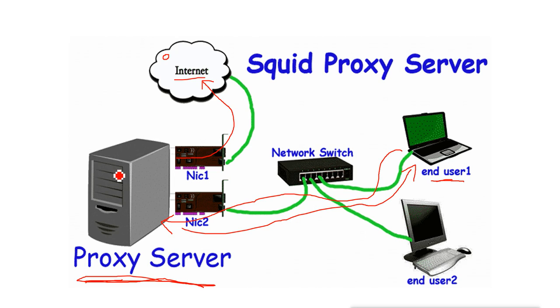Then on this server we can decide who and what can be accessed. That means who can access the site and access the internet, and who cannot access the internet, and what sites can be accessed and what sites cannot be accessed. And because it is working on HTTP, and HTTP is a protocol that works on the application layer, it can also be called an application layer firewall. So we can use it as an application level firewall also.